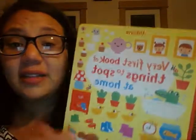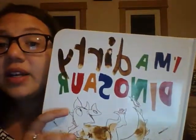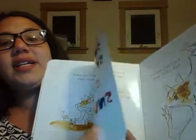Other fun things for little kids who you need to interact with are books like Find This. These are like Where's Waldo, but for little kids, and they're really good. I'm a Dirty Dinosaur is really good. It's made extraordinarily well. The pages are extremely thick, but it's a lot of fun. For like 3 to 5 and a little older,